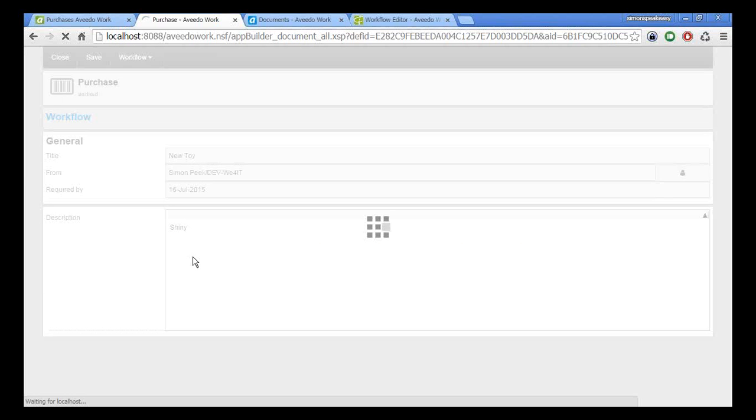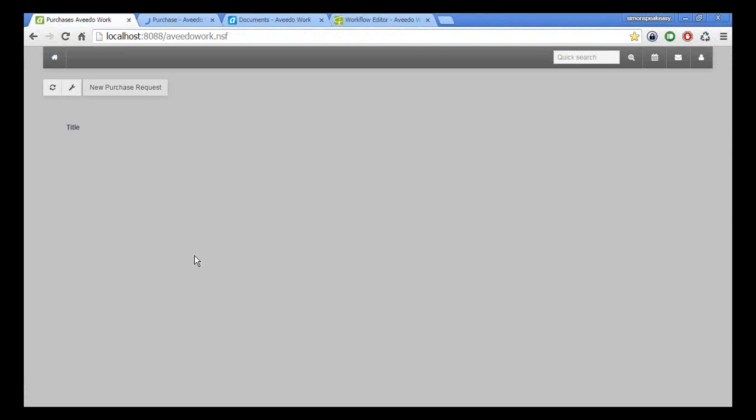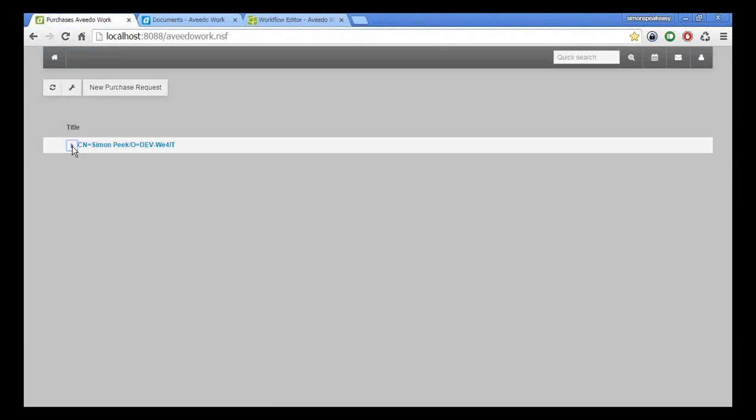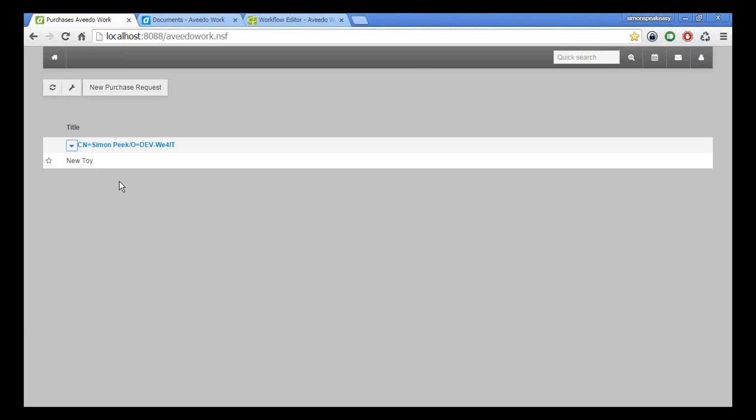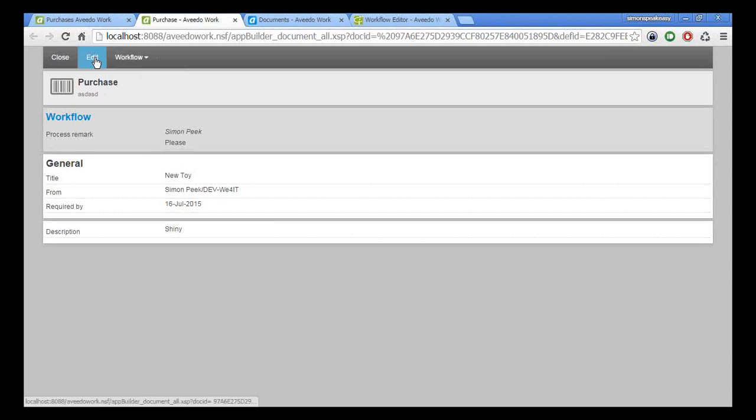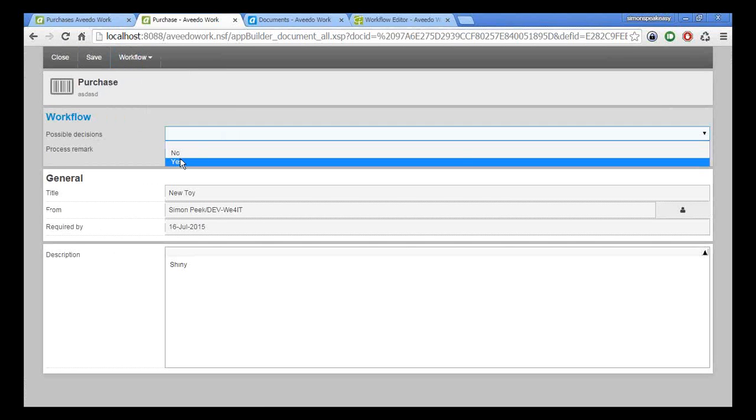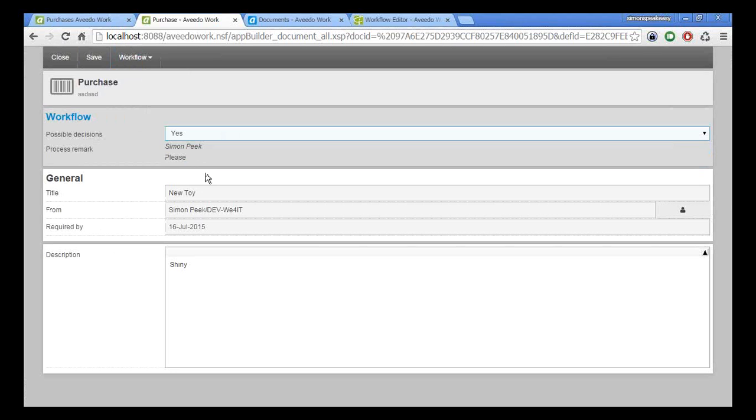Okay. Next, so I am now submitting my purchase for approval. And if I just refresh my view, I can see that there is my new document. Okay, so I've submitted the request. Now, of course, I'm also approving the request. So I'm going to edit my document and look at my possible decisions. My decisions, if you recall, I typed in was yes and no. So I'm going to approve this